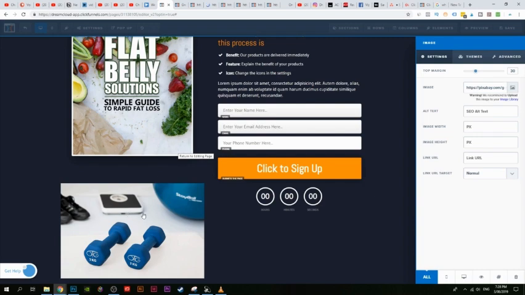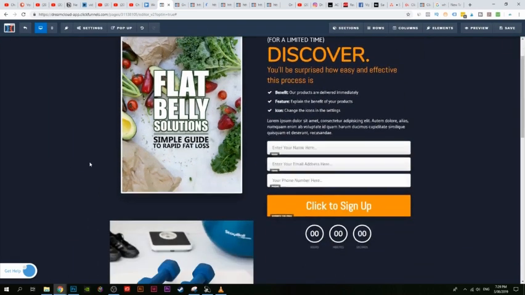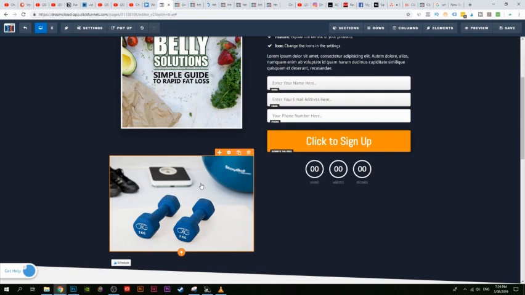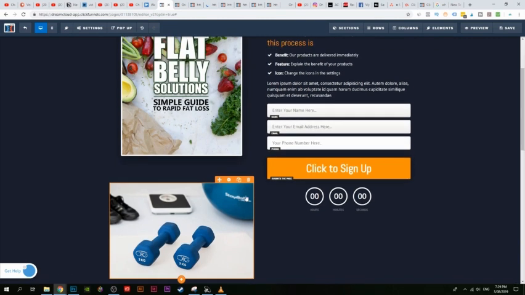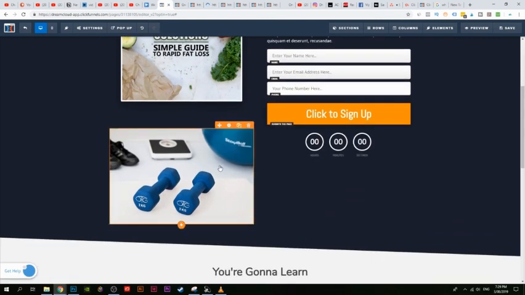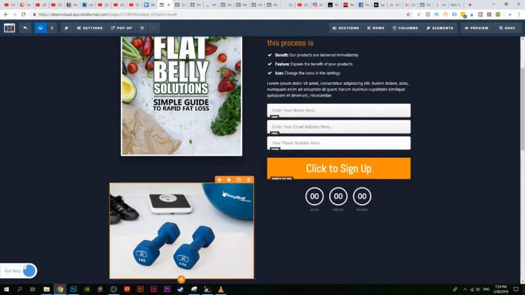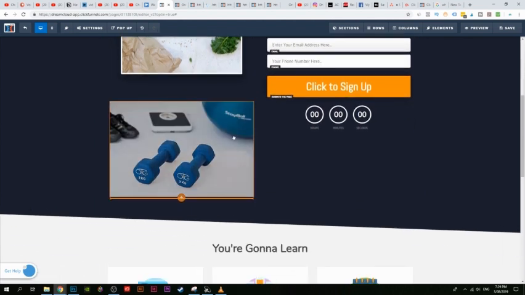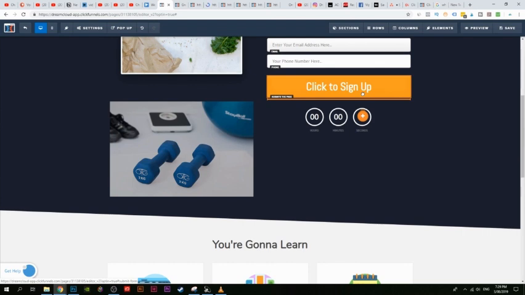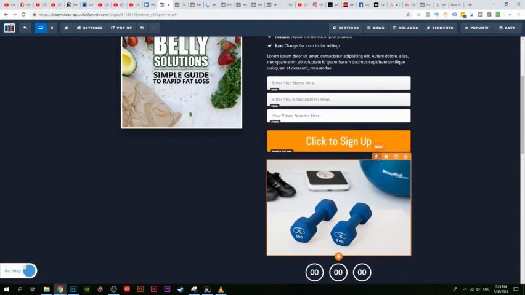So the image just kind of looks a bit awkward there, so I might delete this image, but I just want to show you how to add a new image through ClickFunnels. So you can put this image anywhere you want. So let's say this is not the place you want this image to be, so you can just drag and drop it to maybe below here, or you can just hover over it and click on this little drag icon right here,